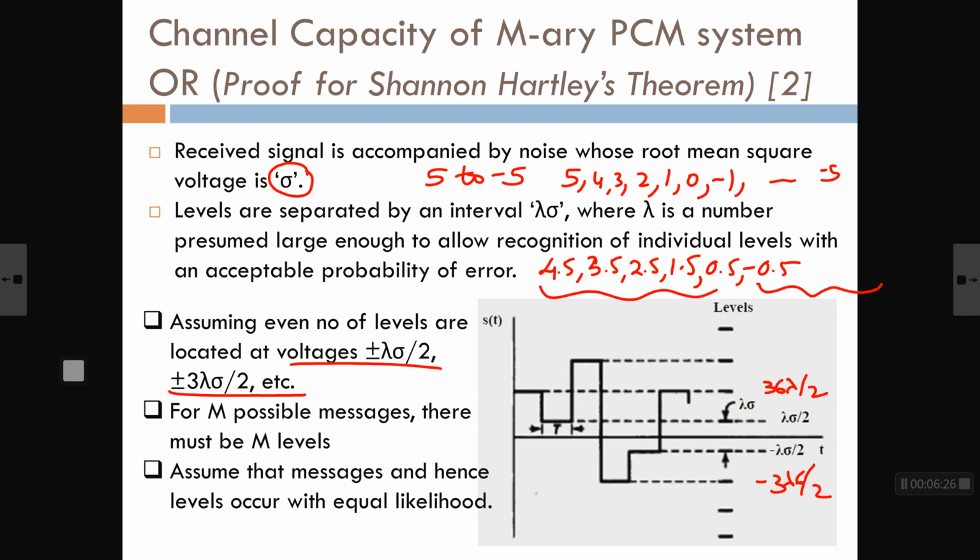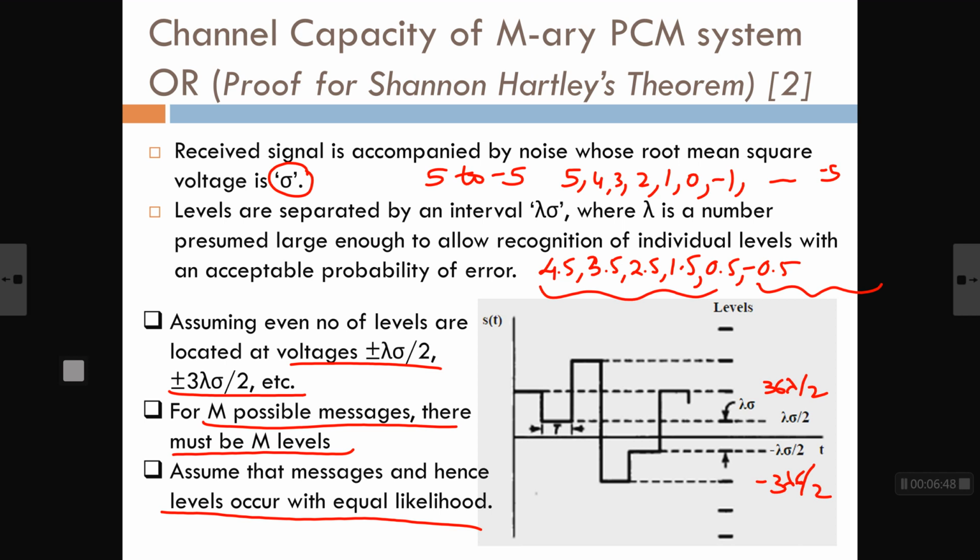Okay, so m messages are there. Depending upon whether m is even or odd, I can select the different levels. So assume that the messages are equally likely, and if the messages are equally likely, then the levels are also going to be equally likely. Now